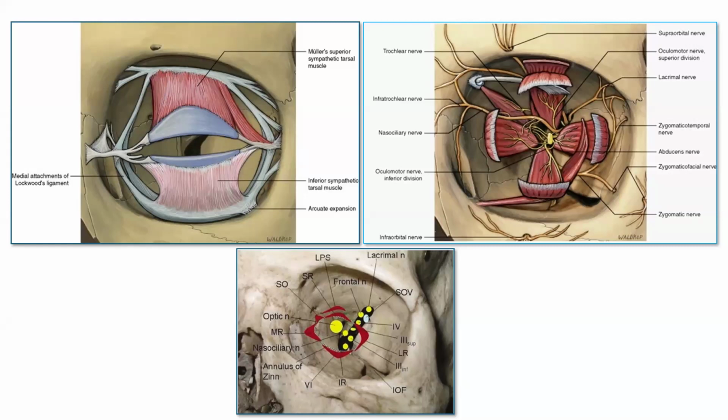We have to divide this orbital septum into 2: an external orbital septum and an internal orbital septum. The external orbital septum is a fibroelastic multi-layered diaphragm separating the eyelids from the orbital contents. If you have to go into the orbit, we are supposed to cross this area, but making sure that it is intact. So when I say the internal septum,